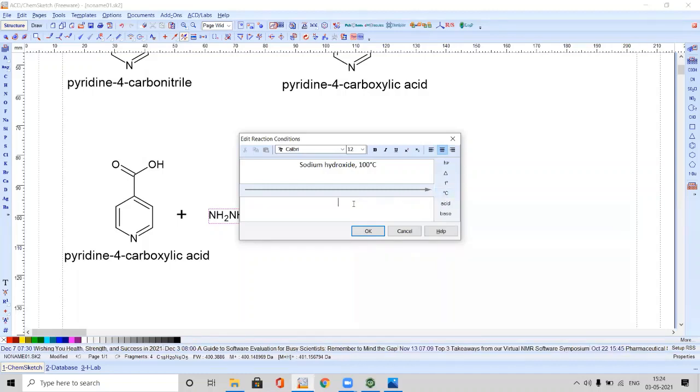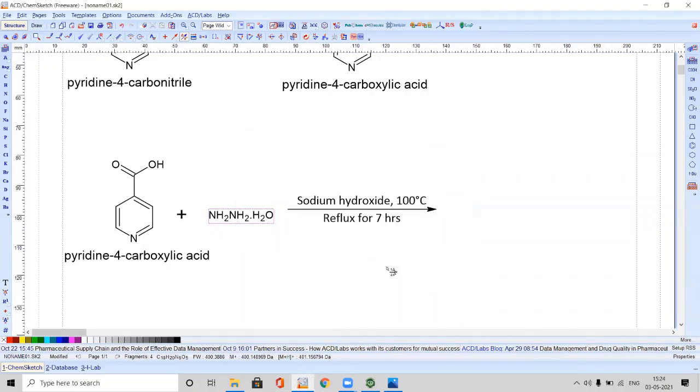Click on that. And at the bottom, reflux for 7 hours. Instead, you can give this delta symbol also. It will indicate you need to heat it through the reflux process. So instead, we can write reflux for 7 hours. Like this, it will come automatically.